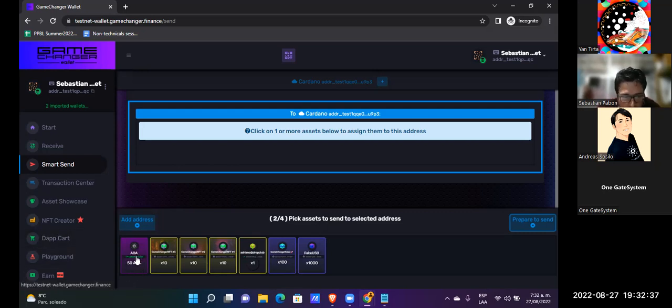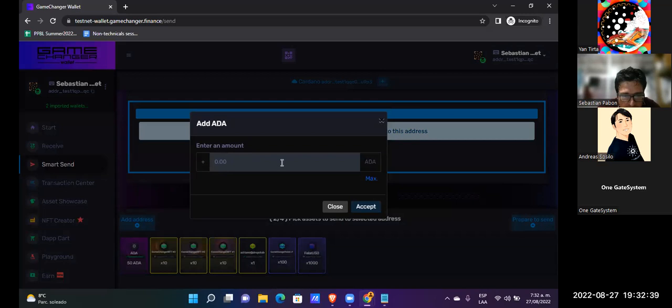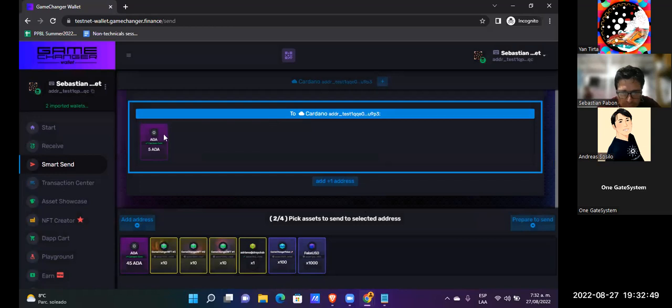For example, I want to send test ADAs, and I'm going to send 5 ADAs. I click accept. Notice you can see here my 5 ADAs.